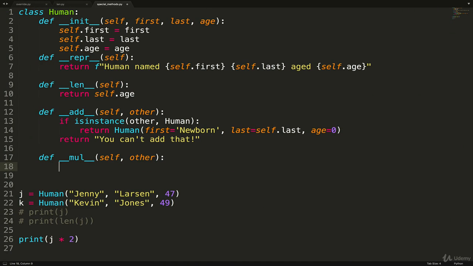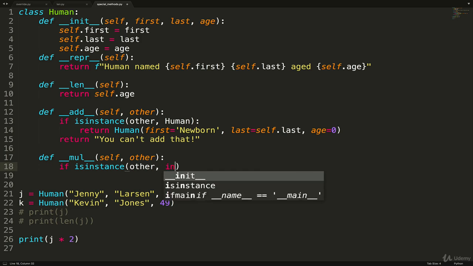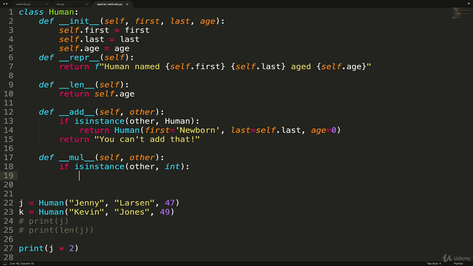So what we want to do, this will be a bit of a tangent here, is make as many copies of self as other is. In this case, other is 2, so we want to make 2 copies of J. We could just do a list comprehension for that. We should start by checking if it's an instance of int. If isinstance other, int, and that's the case, then let's